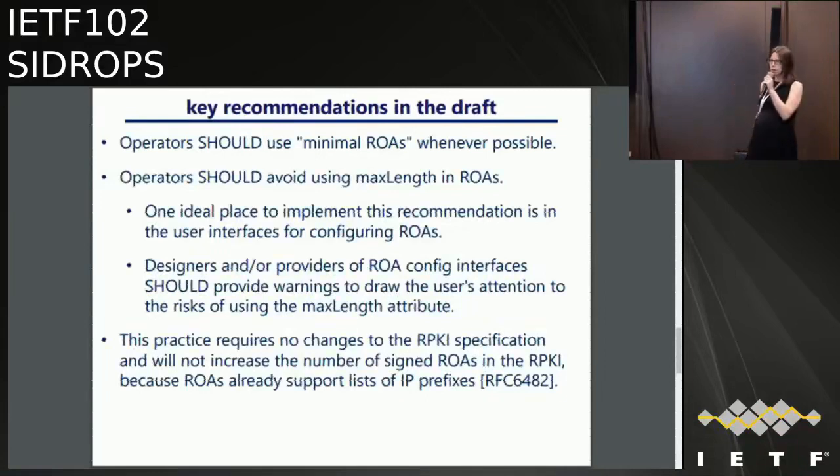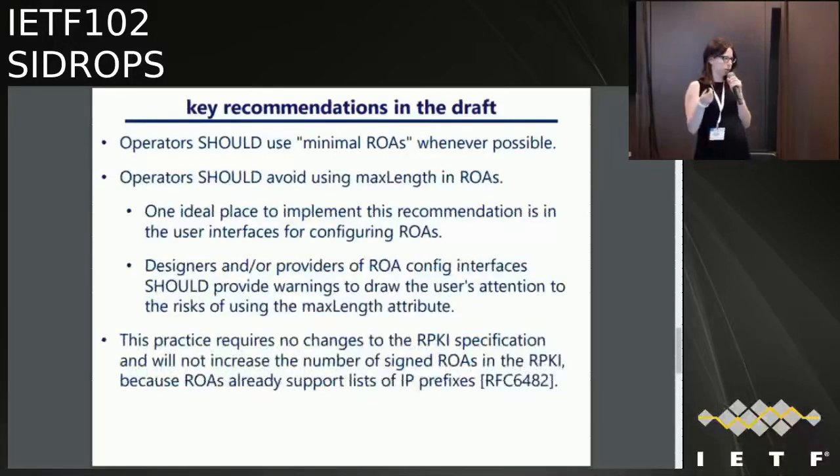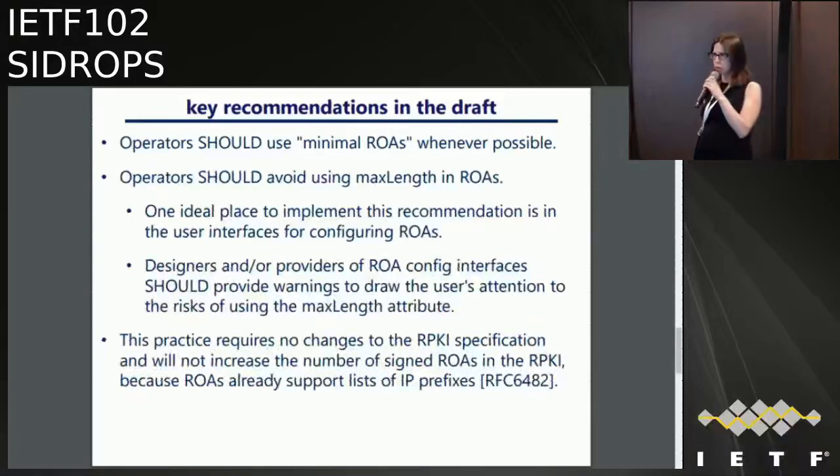So we're not proposing removing max length from the spec. And in fact, we have a research paper that we wrote that I'm happy to send to the mailing list after this, where we wrote a little tool that would take a minimal ROA that does not use max length and compress it down using the macro. And so the proposal here is not to stop having max length or even building macros that can just compress it with that. The idea is just to not give operators this degree of freedom because we worry that they're going to make mistakes. That's what this is about. Okay, so we just want to limit misconfigurations. If you do the measurement studies, you do see that this does cause a lot of misconfigurations. So that's the thinking.